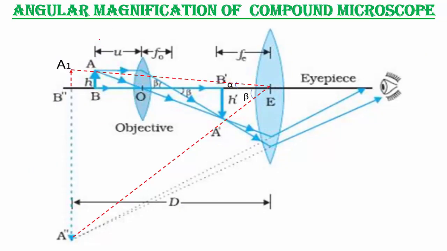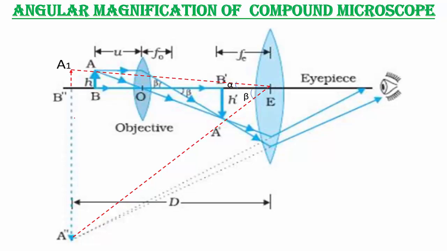See here, again you can observe the diagram. To find the value of alpha and beta, here I am going to shift the object AB to A1 B''. We are shifting the object AB to A1 B''. Why are we shifting the object to A1 B''? Only to get the value of alpha. Always we have to keep the object at the least distance.